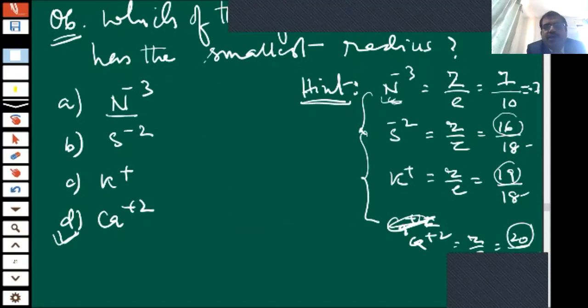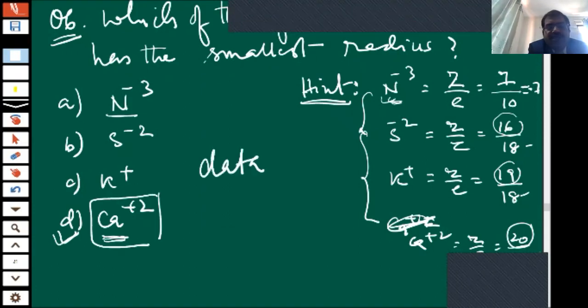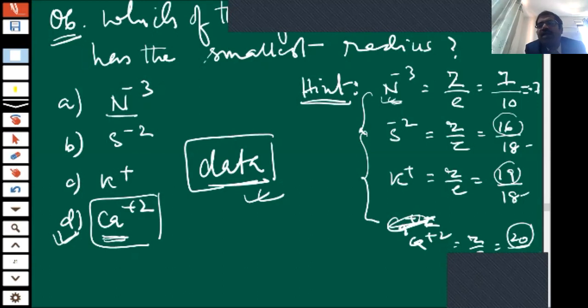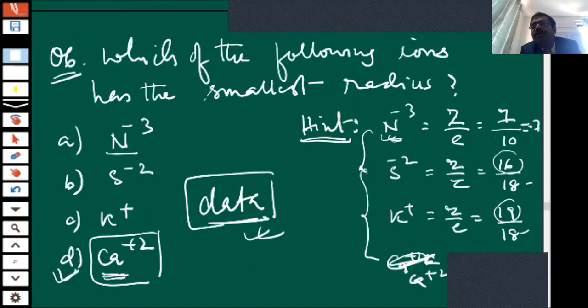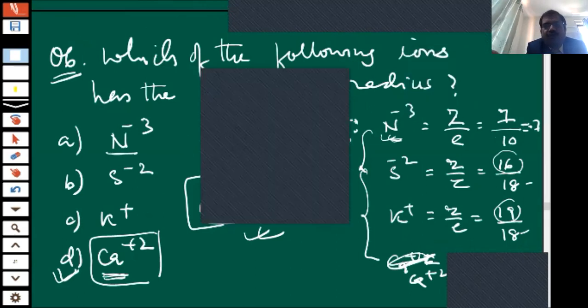So, okay, children, during doubt clearance class, we will discuss the exact value, okay? Exact value of Ca plus 2, we will calculate with data and we'll have a nice proof. I'll try to find out the data and there we can discuss. So answer D is correct, but with data wise also, I will put the information so that you can get a total confidence.